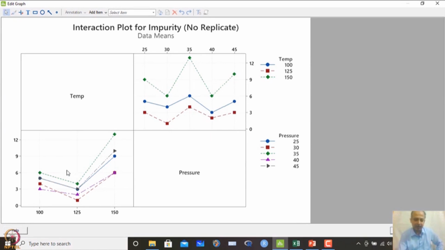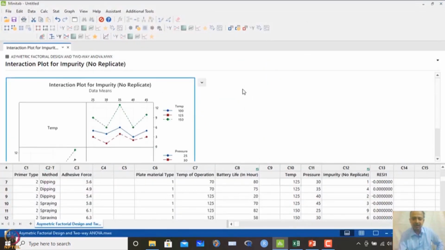In this case what you see is that the patterns are not intersecting each other most of the time, the patterns are more or less parallel. So, we can expect that there is no interaction as such, and in Montgomery's books also this was proved, that there is no interaction between the variables temperature and pressure. These things are confirmed by a separate test, and MINITAB does not give you options for that,